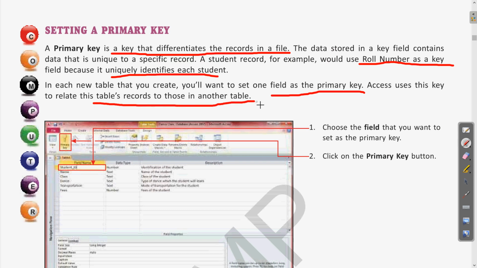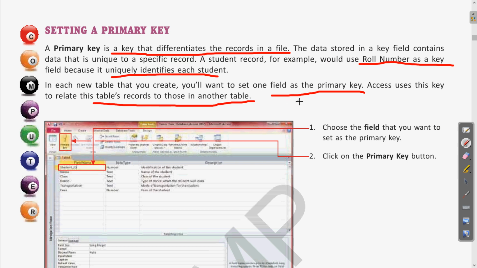Whenever you have more than one table and want to establish a relationship, or make a new table on the basis of two existing tables, you can use this primary key. This is a very important part of a database and a term which will always be used. A primary key is a key which differentiates the different records in a table.